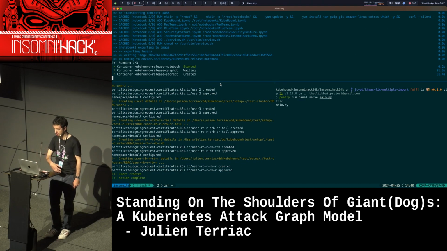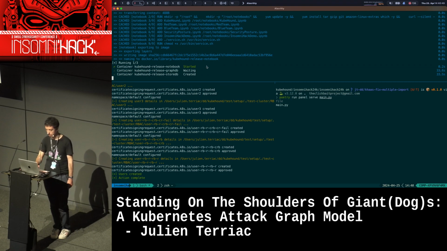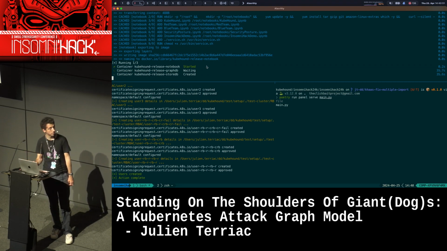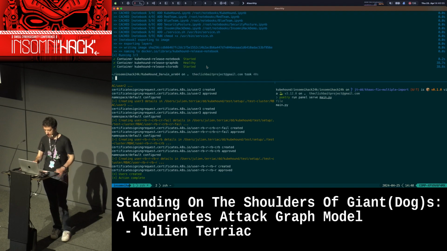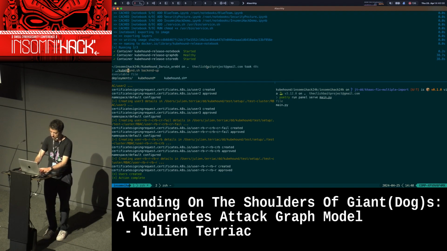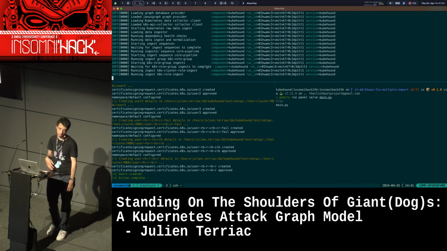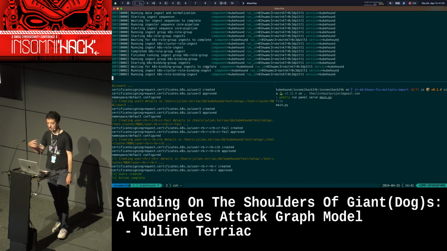So here we go. All the users have been created. Now I need to have this backup spun up. Come on, Docker. Here we go. Now I'm going to run Hound. It's already been set up. I already put the kubeconfig stuff in place to be able to